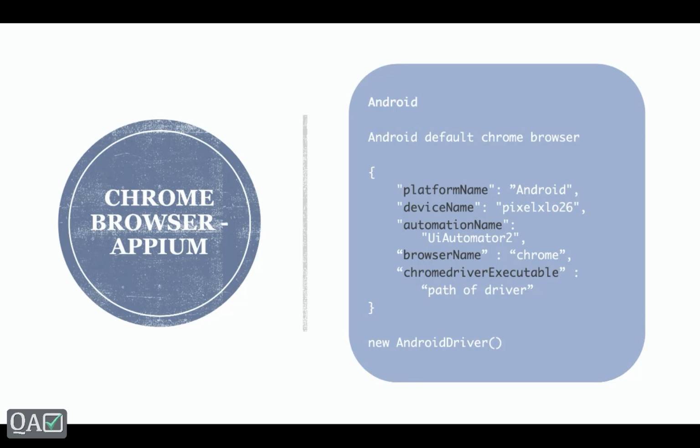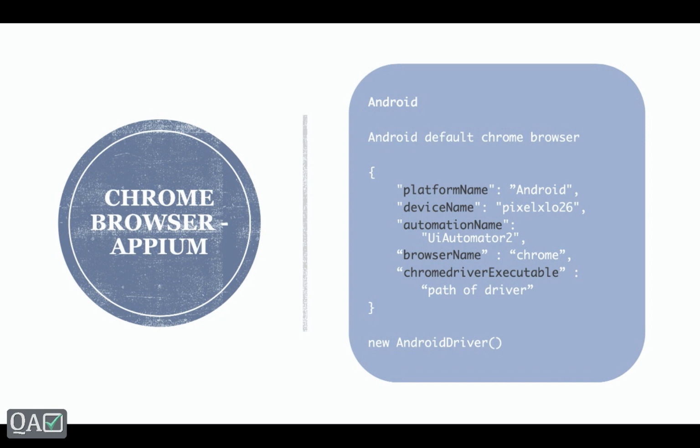Welcome back, guys. In this session, we will see something related to the mobile browsers. We will be focusing more on the Android mobile browser, that is the Chrome browser. Chrome browser comes as a default one in your simulator or in real devices. So, we'll see today how we can leverage APM to automate a particular application in the Chrome browser. We'll see how we can launch the browser, and then how we can launch or render the URL and do some kind of basic automation on that.